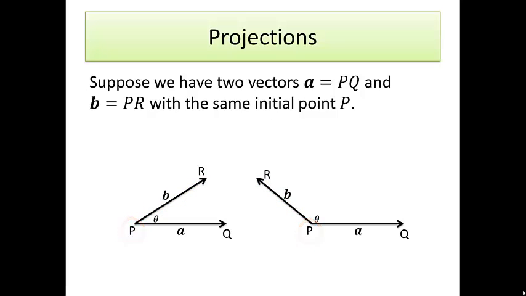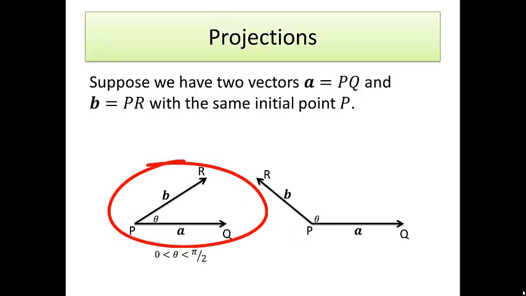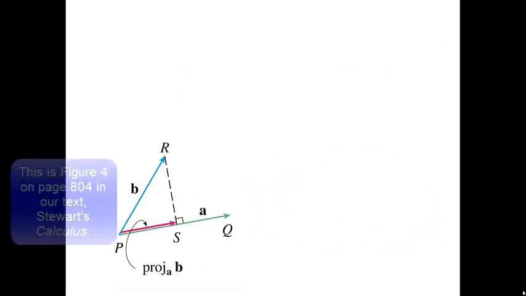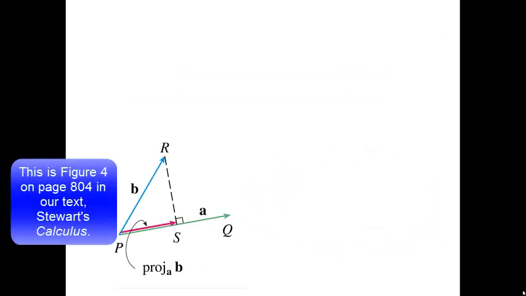Either A and B point in roughly the same direction, meaning the angle between them is between 0 and pi over 2, or A and B point in roughly opposite directions, meaning the angle between them is between pi over 2 and pi. To define a vector projection, we first consider the case when A and B point in roughly